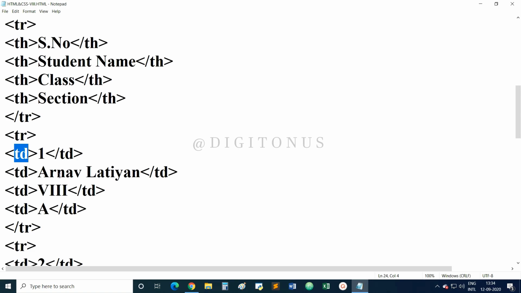Now in the next video, part 5, we will learn how to insert images in the web document, how to create hyperlinks, that is when we click on a particular text, we will be redirected to another web page or website, and we will also learn how to make an image as a hyperlink. So we will learn 3 things in our coming video: first, how to insert images in our document, second, how to create a hyperlink, and the third is how to make an image as a hyperlink.